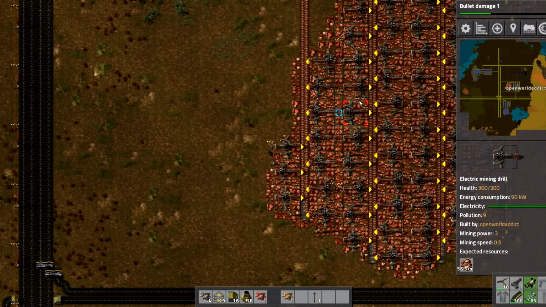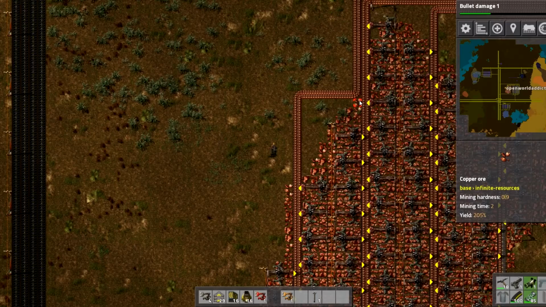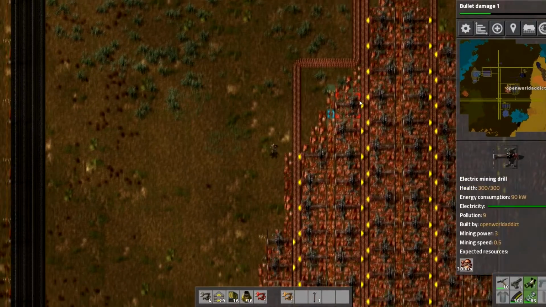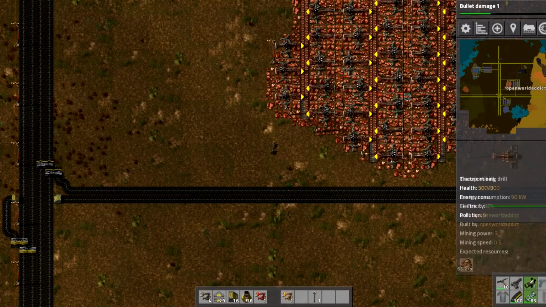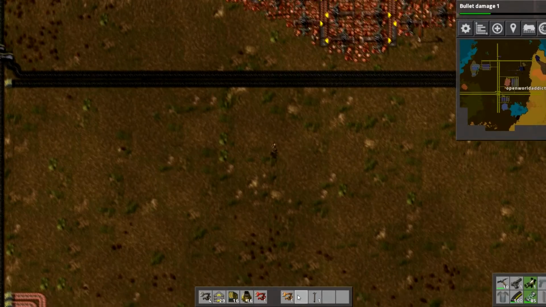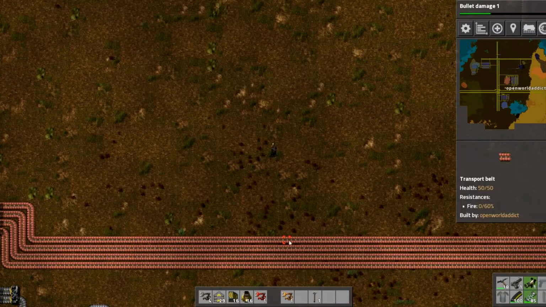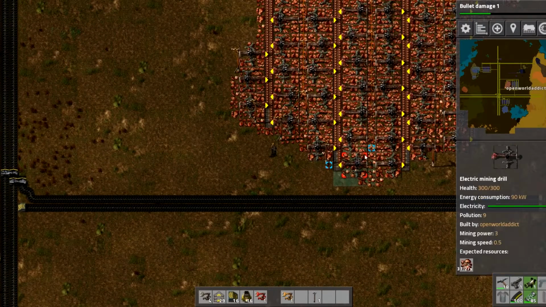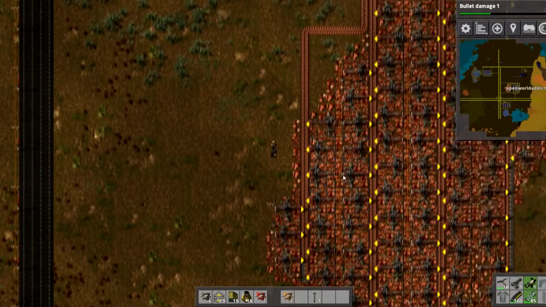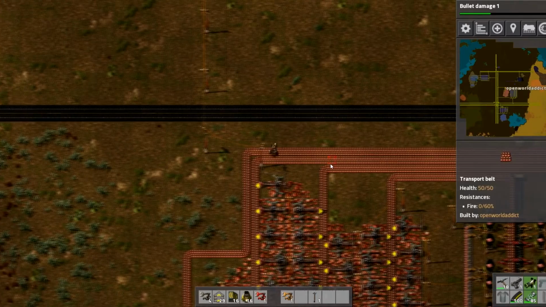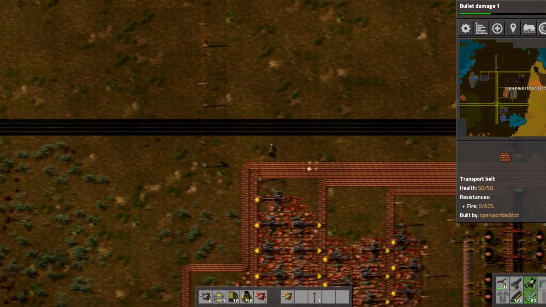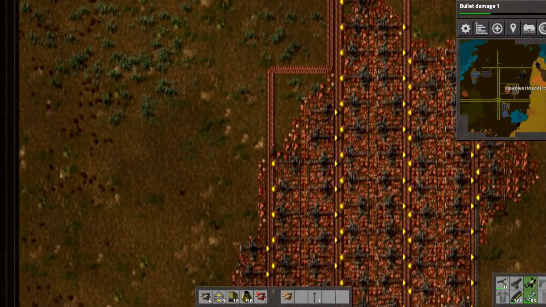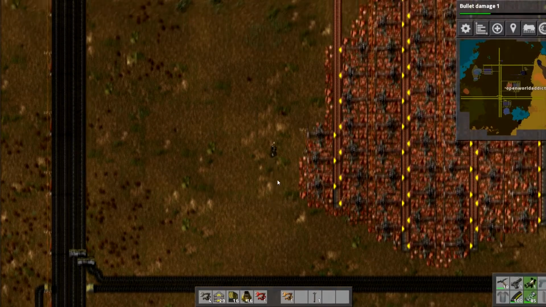And then over here I have my copper smelting array, and I just did this sometime today, and I had trouble figuring out how I'm going to bring the coal in, because I originally wanted to put the smelting array down here, but I realized if I did that I would not have enough room for the actual copper highway, so I instead put the mining array so that it's facing northward, and then I turned the copper this direction, where I brought in the coal from above, and you saw the coal exit below. Coal returns to the coal highway over there,